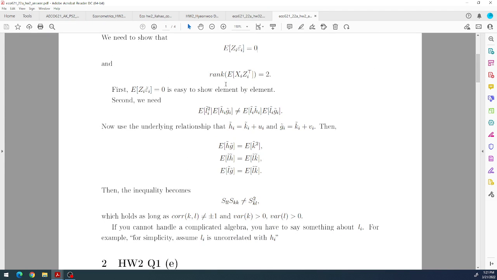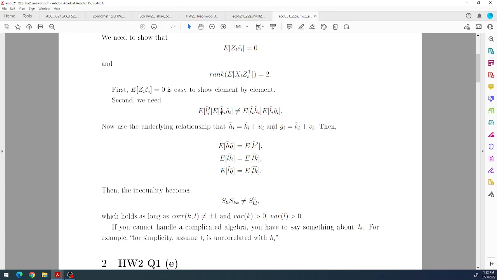easy to verify. And also you need to show this. This is the relevance condition. Relevance condition is this, not simply covariance different from 0. And then it is a 2 by 2 matrix. So to show that the 2 by 2 matrix is invertible, the determinant is non-zero, which can be written in